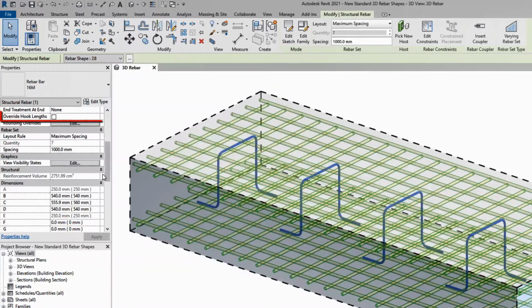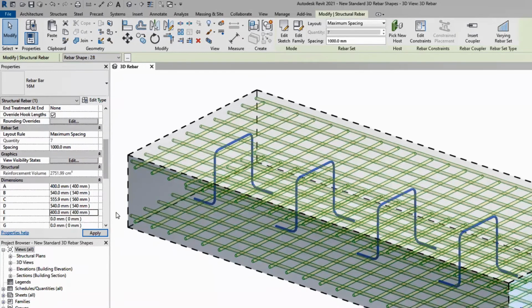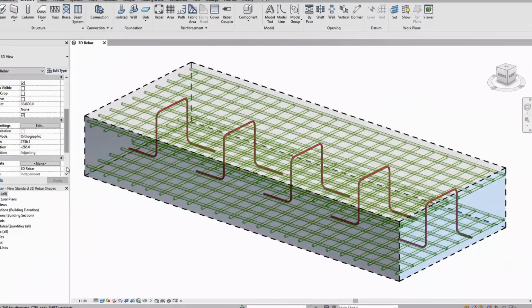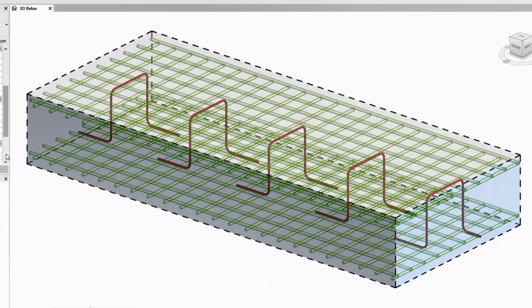Revit also gives us the ability to override those hook lengths, right? And if you go into your instance properties, we can now easily just adjust the dimensions and easily edit our stools in our